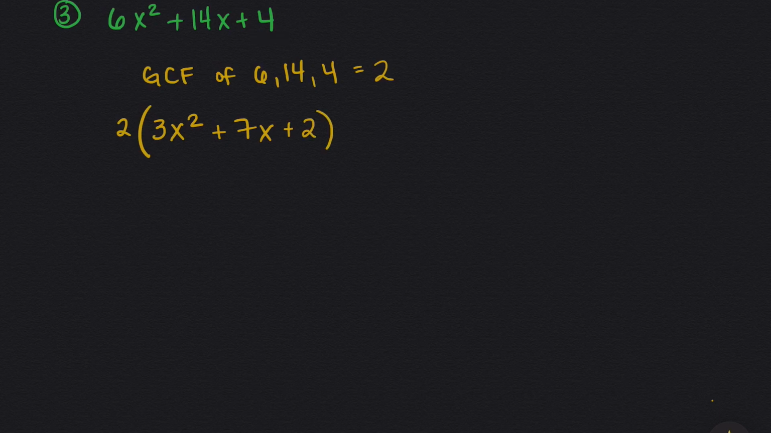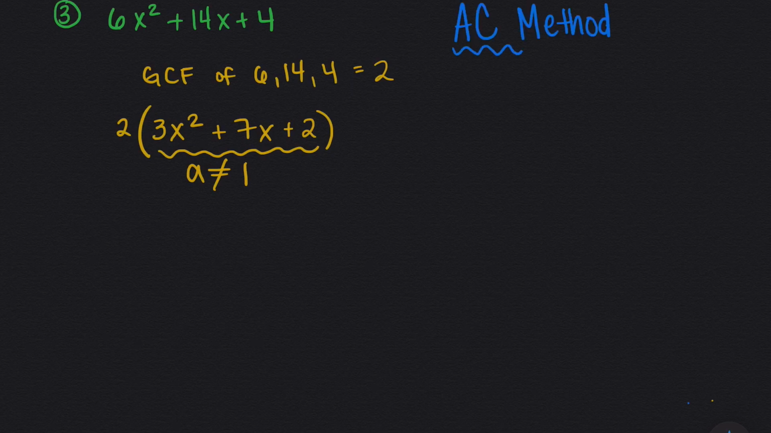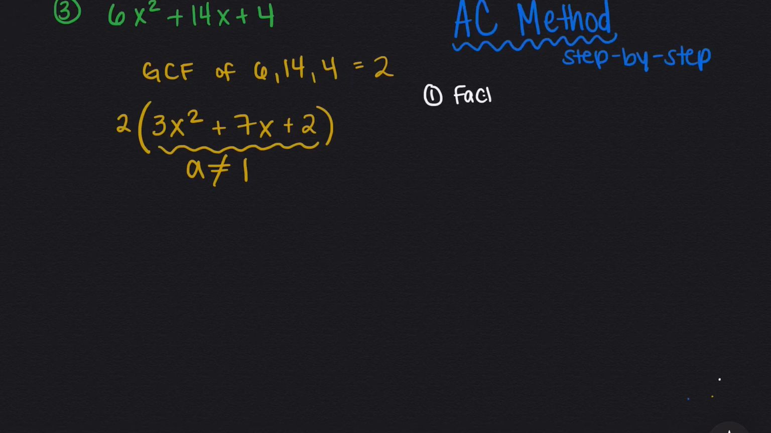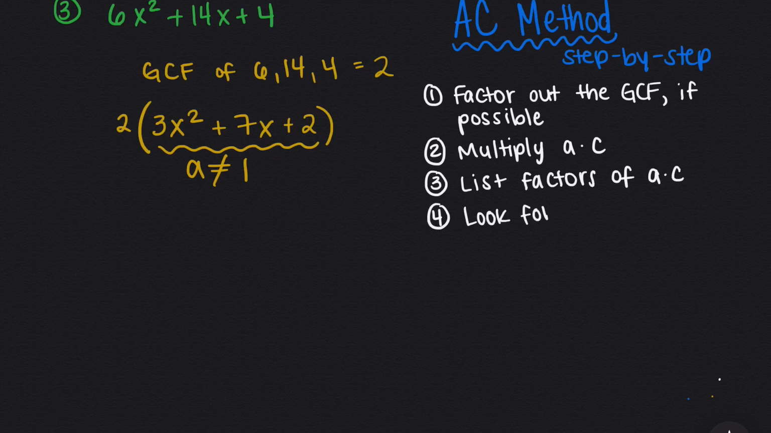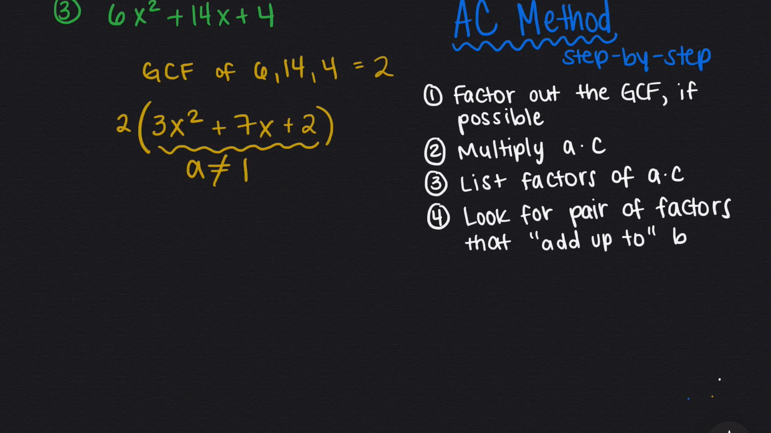And now, if you notice, we have a trinomial inside the parentheses, but this time a is not equal to 1. And here's where we bring in the AC method. The first step is to factor out the greatest common factor, if you can. Second step is to multiply a times c. Third step, list the factors of a times c. Fourth step, look for a pair of factors that add up to b. And here we have that add up to in parentheses because remember, we can combine the numbers with either addition